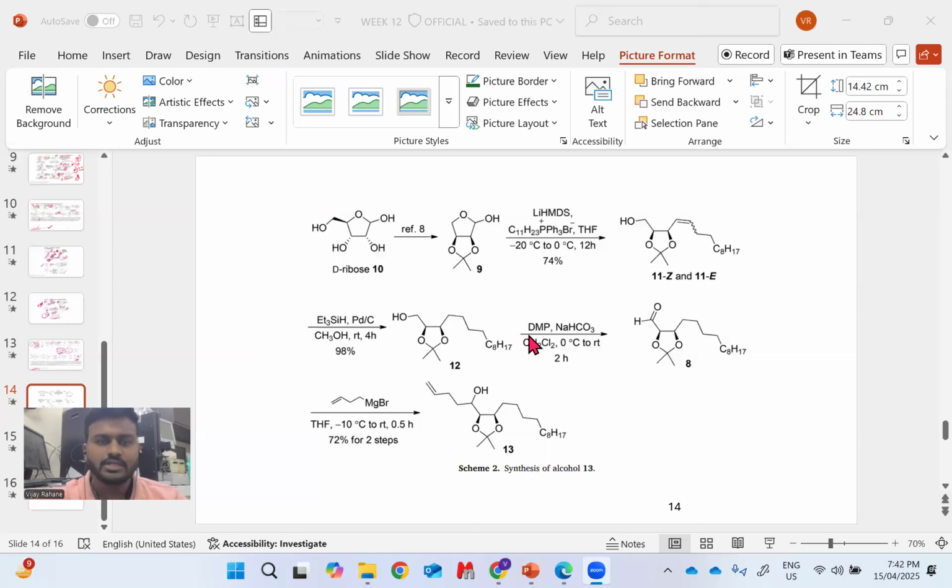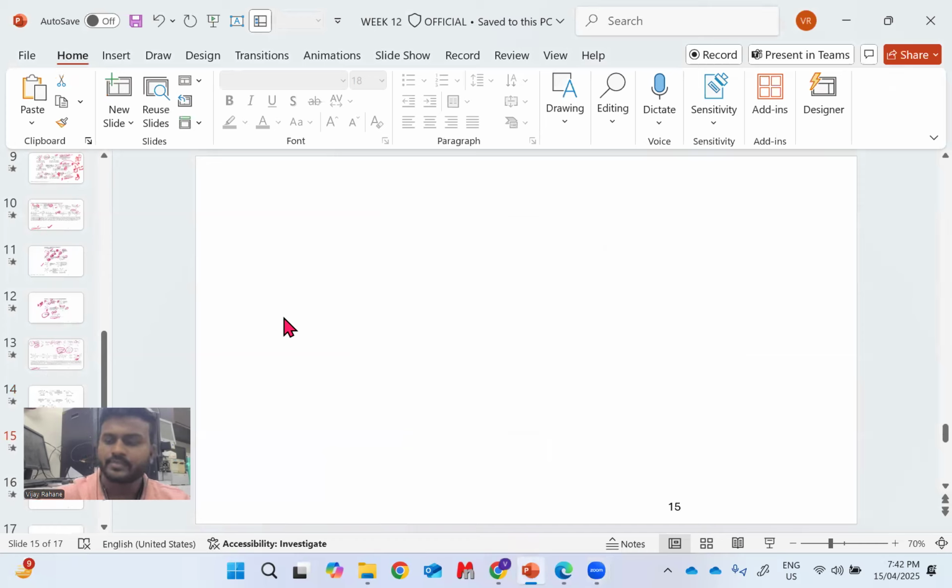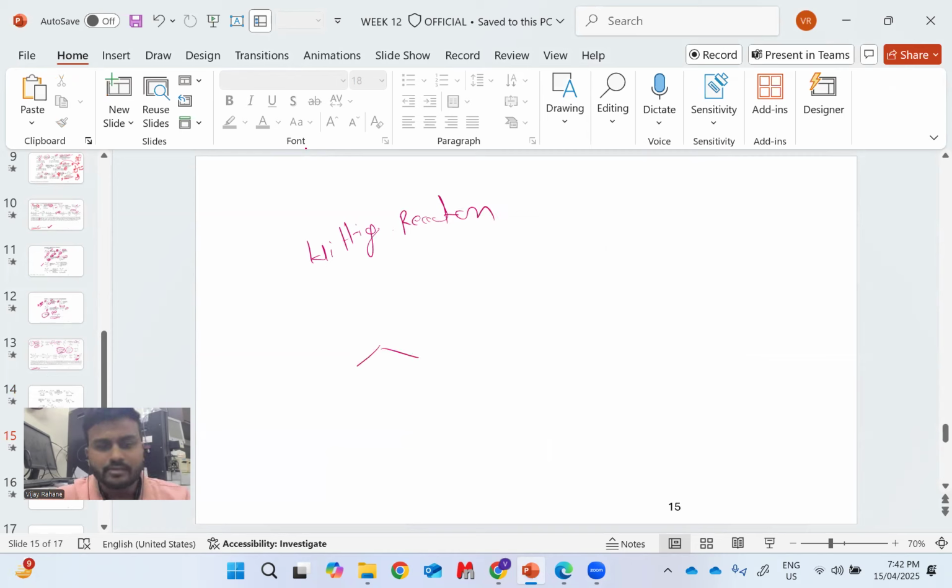Basically, we have already discussed some Wittig reactions. So probably the Wittig reaction we have discussed or not, I'm not sure. But anyway, we can show you here. So, first, what is the Wittig reaction? Probably that reaction we haven't really discussed. So basically, the Wittig reaction is the one in which this kind of ketone can be converted into